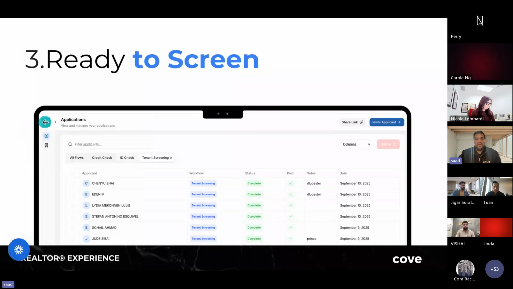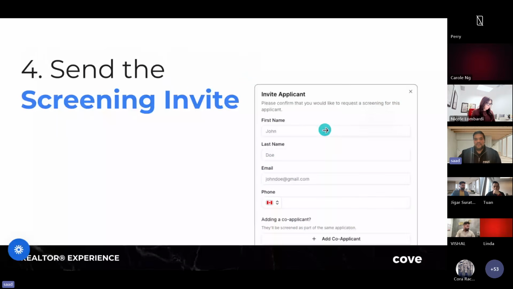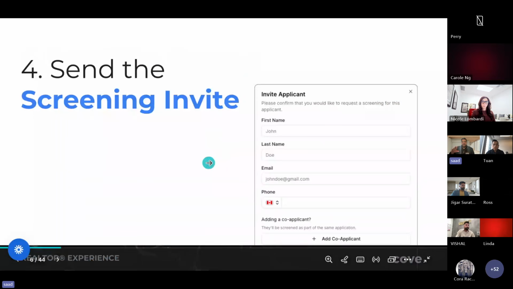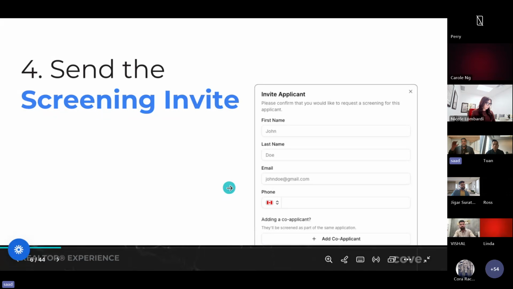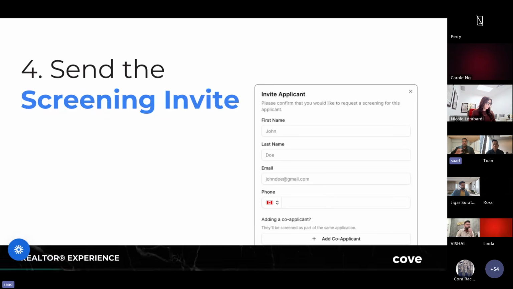All you gotta do is click on the applications tab and select invite applicant. All members have a link created for them. And when you send a screening invite, a text message and email will be sent out to the applicant after you enter their contact information. So their first name, last name, email, and phone number, and your link will be sent out to them